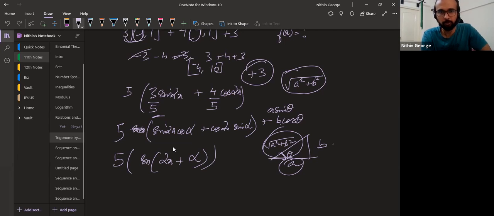No, sir. And so you know that sine of anything is between minus 1 and 1. All right. Sine of anything is between minus 1 and 1, and that you're multiplying by 5, so that will fetch you a quantity between minus 5 and 5. Did you get this?